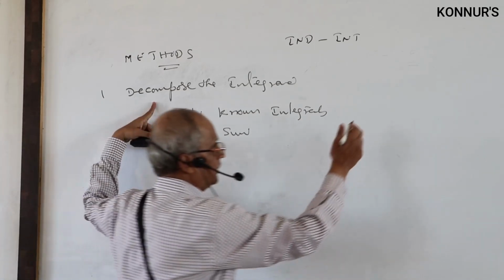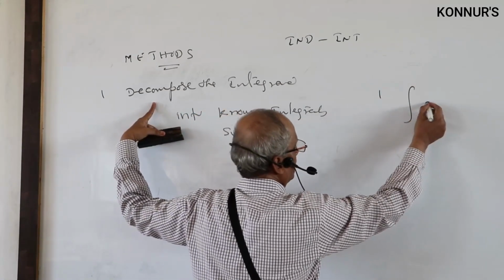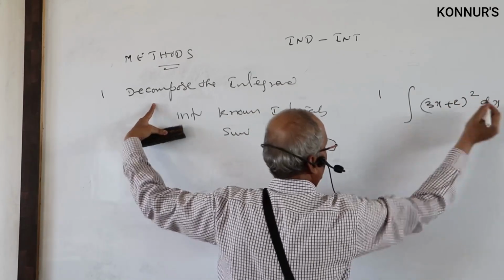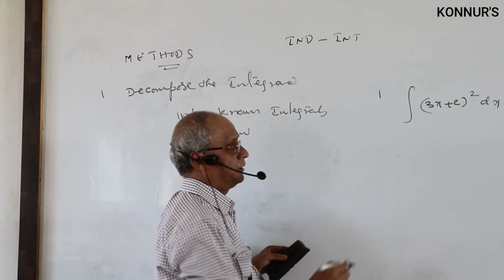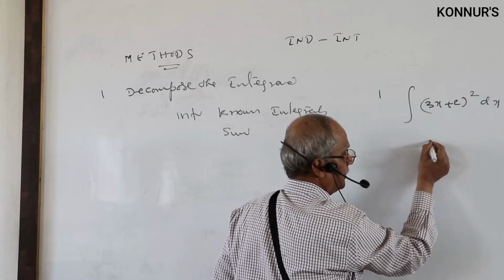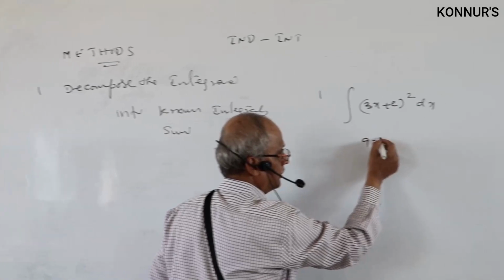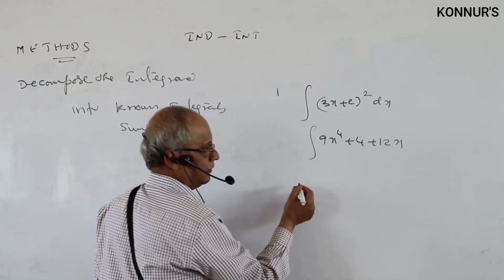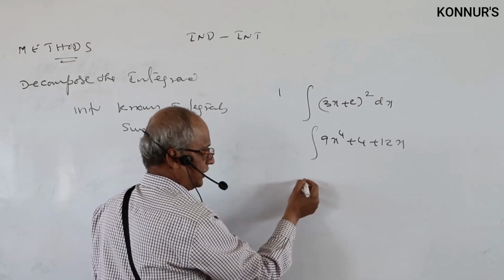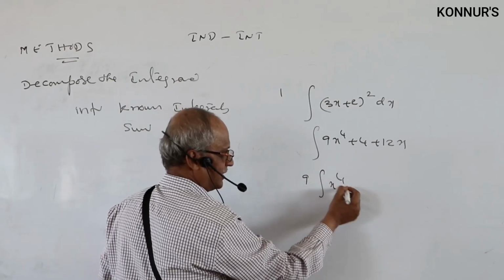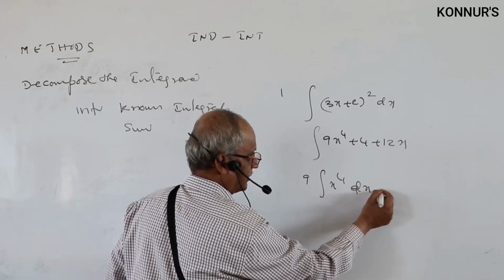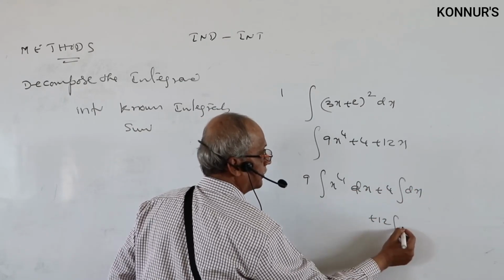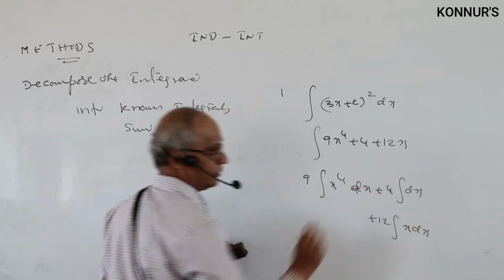One example is here. Suppose the integral of (3x plus 2) whole square. As usual, you can write it as square, derivative; that is the simple method. Here the whole square is expanded, a plus b whole square, like this. Separate the integral, every term for integration, taking constants outside: 9 times x square dx, plus 4 times dx, plus 12 times x dx. Like this we will write.